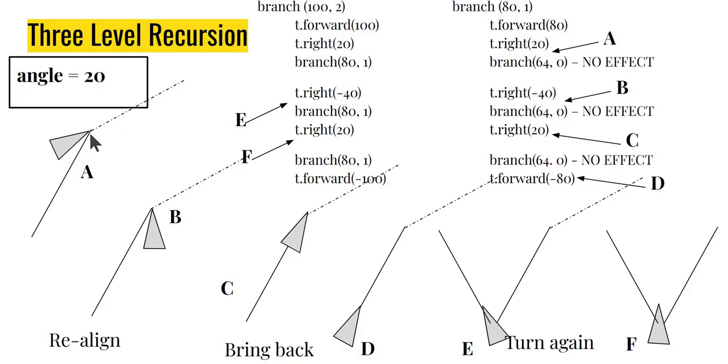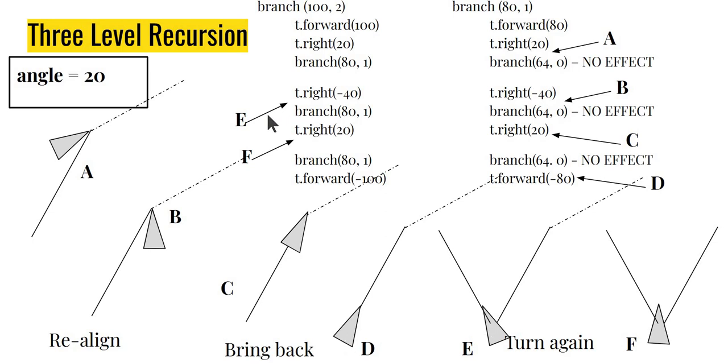Before I can draw the next level, I must bring back my turtle. We do it in two steps. We first say turn right minus 40, which means too much to the left now. That's at point number B. Align it back at point number C, and then bring it back over here. In fact, nothing changes. This is what has been happening all the while, because now at point number E, basically